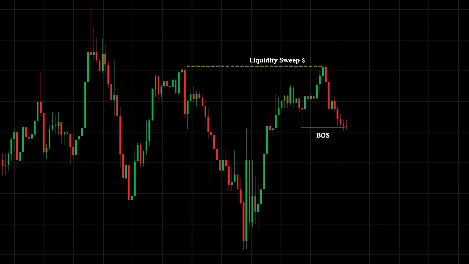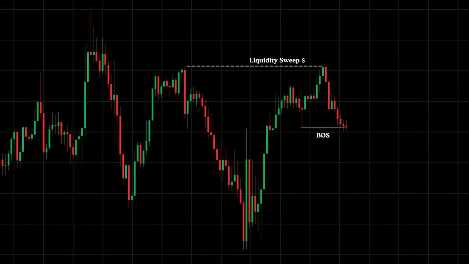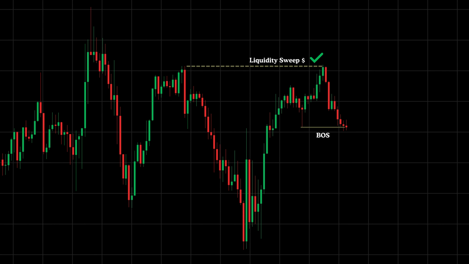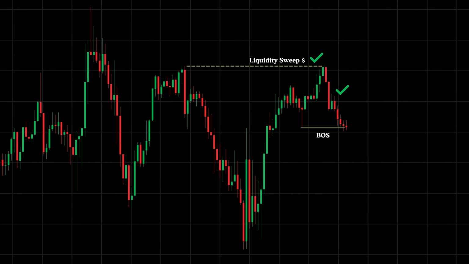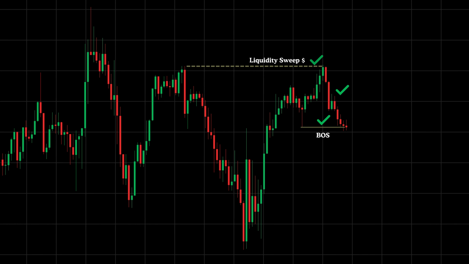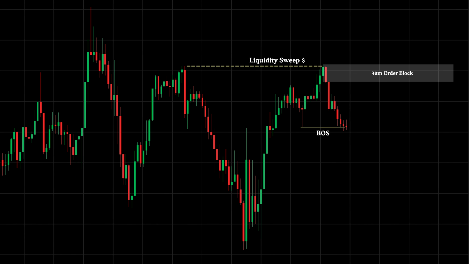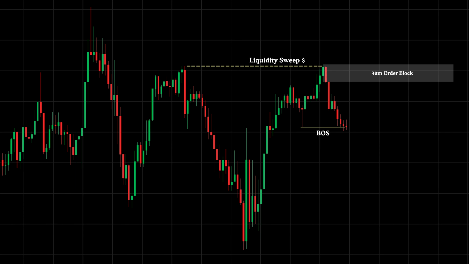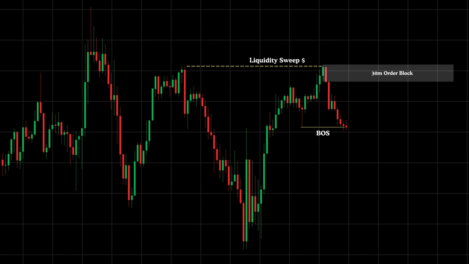So, all the criteria we need are in place: a valid liquidity sweep, an immediate reversal in the opposite direction, and a clear break of structure on the 30-minute chart. Next, I'll highlight the 30-minute order block as our key point of interest, specifically, this last up-close candle before price triggered